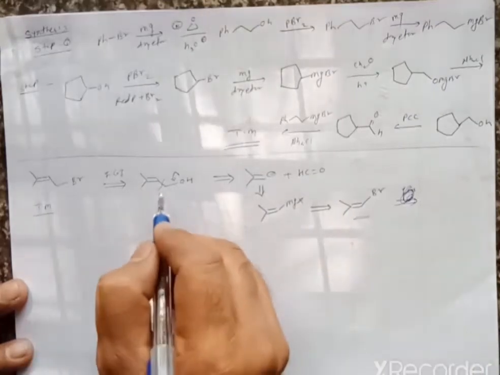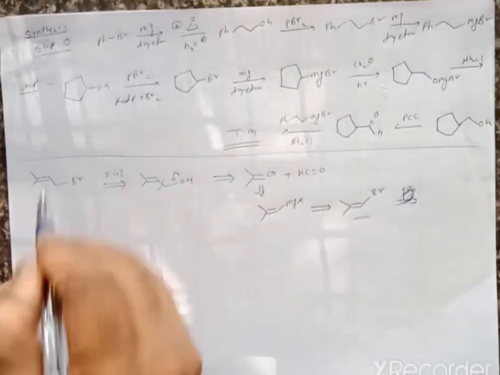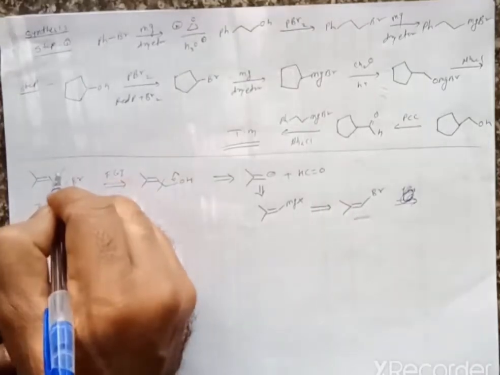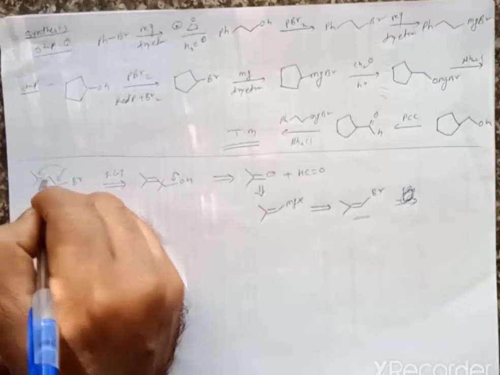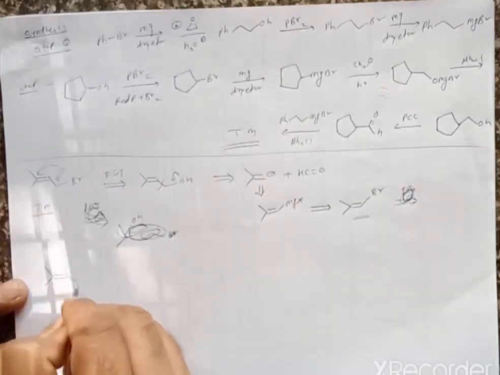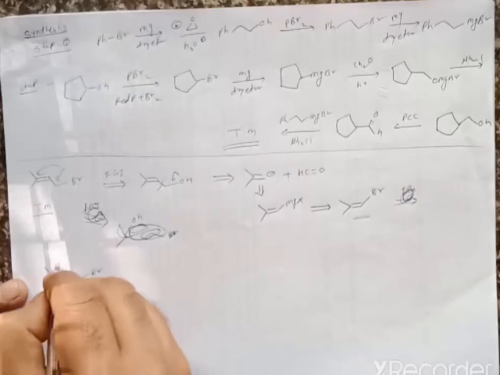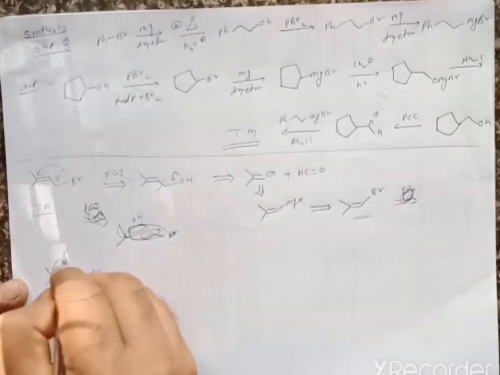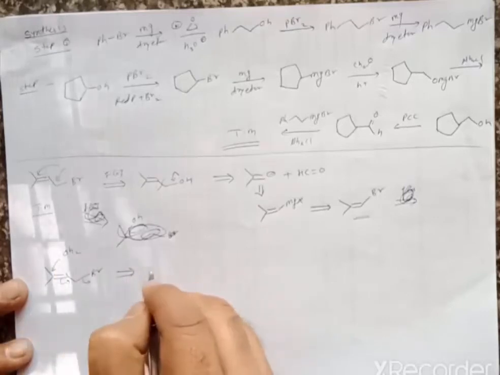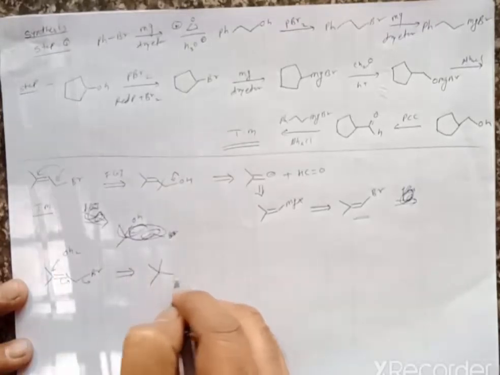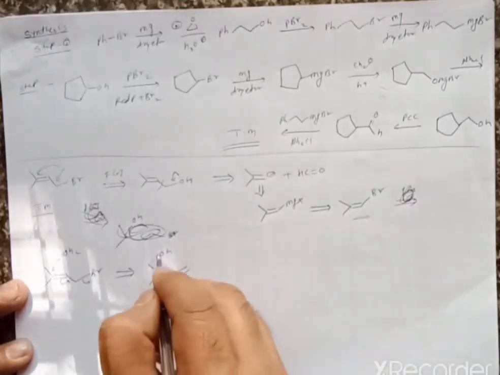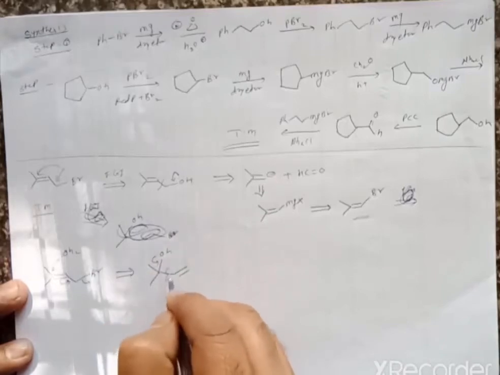Such a preparation of vinyl bromide is again quite difficult. So instead of addition of OH at this position, we can add OH at this position, right? If we add a water molecule at this position, it gives a shifting of this bond and removal of this. Then it gives formation of an alcohol like this, OH, right? Now we can break this alcohol by shifting and breaking this bond.